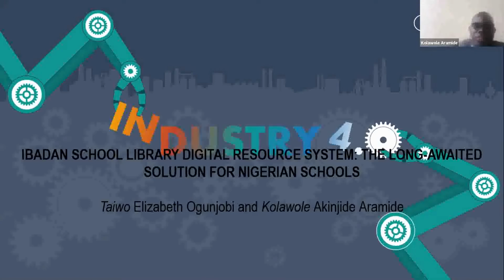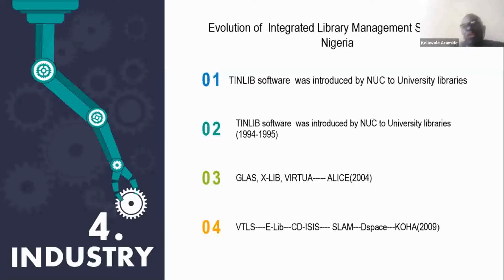Let me quickly run down this presentation. The title is IBADAN School Library Digital Resource System, the long-awaited solution for Nigerian schools. There have been issues with having a library system that would suit the purpose of the school sector in Nigeria. When I talk about the school sector, I'm talking about the basic and post-basic, the ones you call K1 to K12, and then